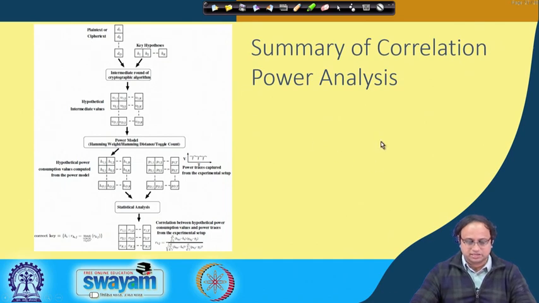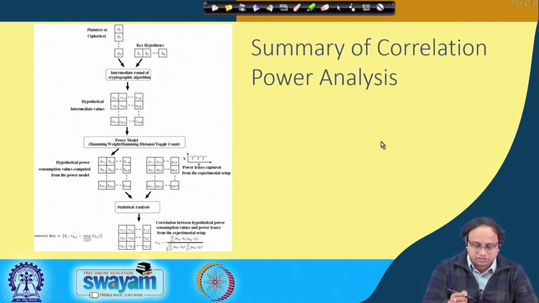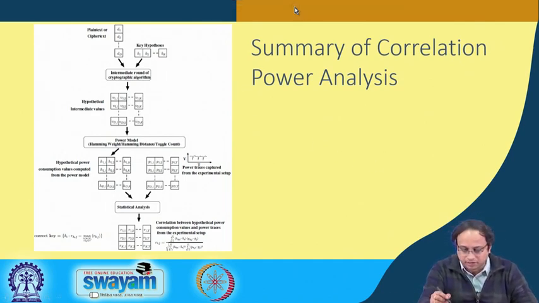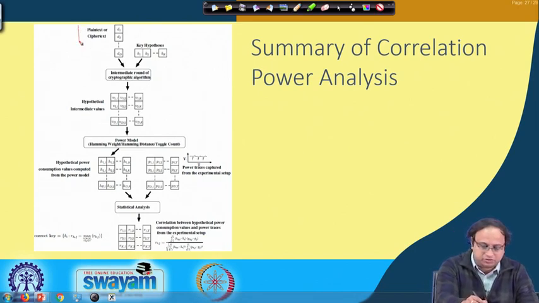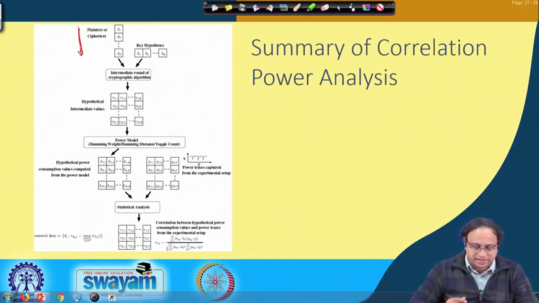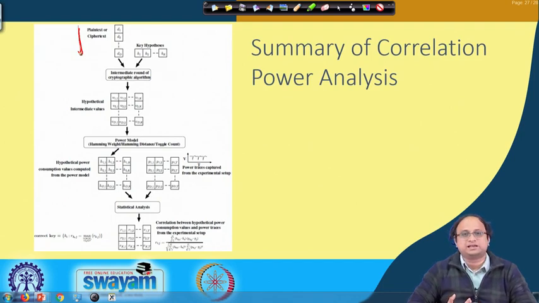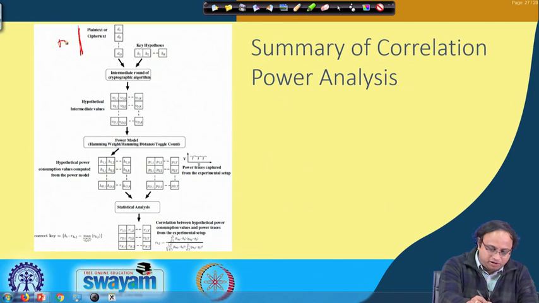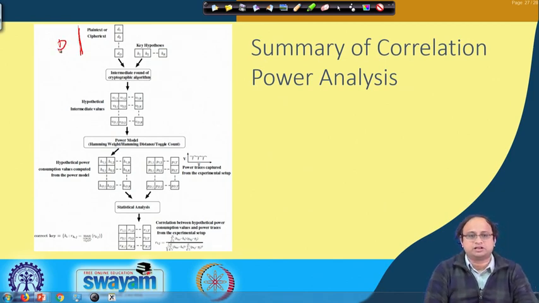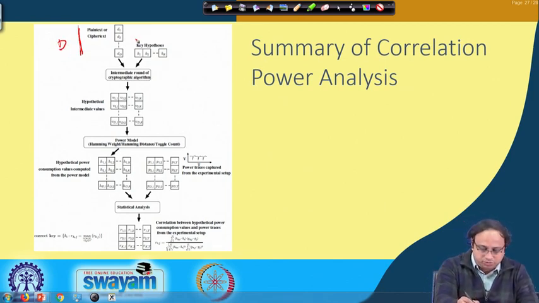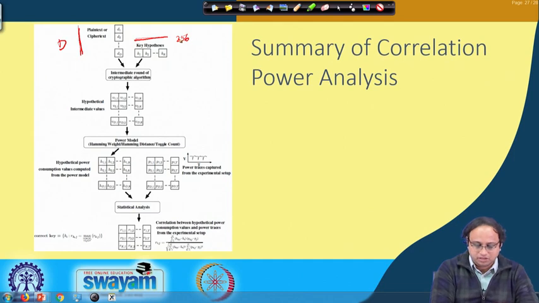Here we have d number of plain texts. You can also visualize this attack from the perspective of the plain text; you can do it either from the plain texts or the cipher texts. So you have d plain texts or cipher texts that you have taken. These are your corresponding key hypotheses, which in our context of AES means there are 256 possible hypotheses. You calculate the intermediate round of your cryptographic algorithm.